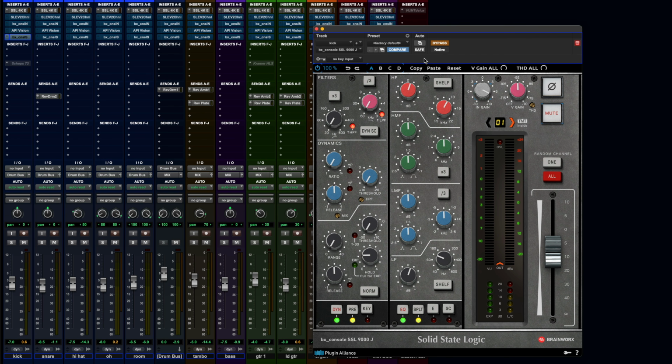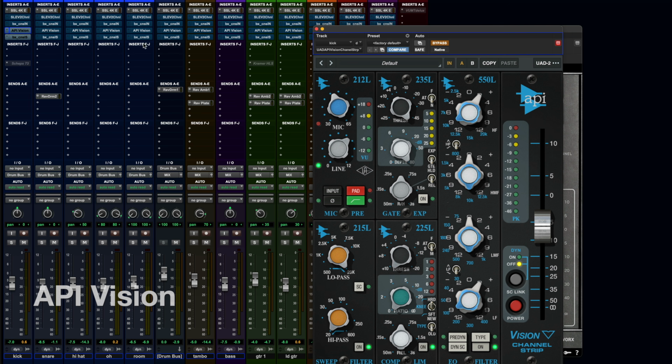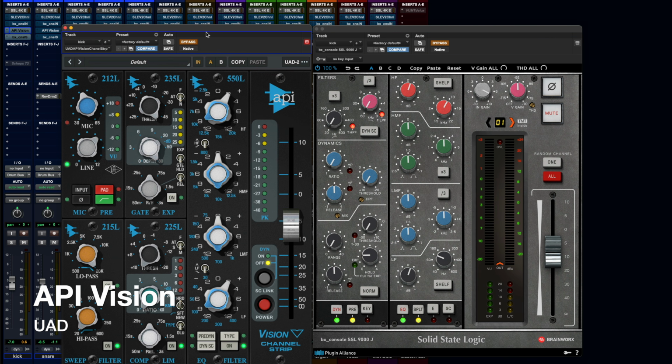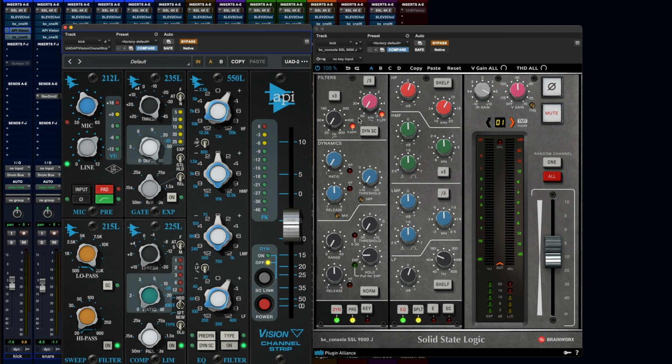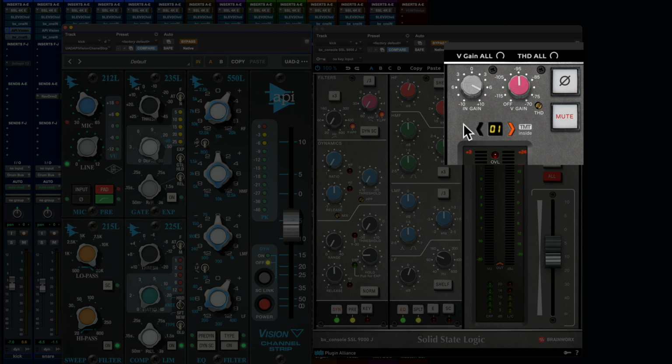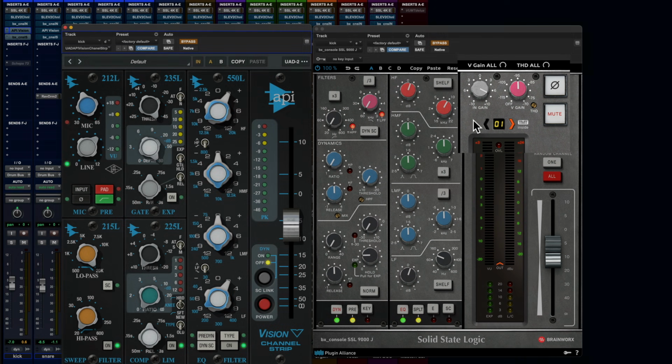This is the SSL 9000J channel strip that is available from Plugin Alliance. If we were to, let's say, open up another, let's go with the API Vision channel strip from UAD. Let's have a look at the signal flow here, the commonalities between the two channel strips. The first thing to consider is the input section. The input section has a gain control that allows you to boost or cut the incoming signal level from your